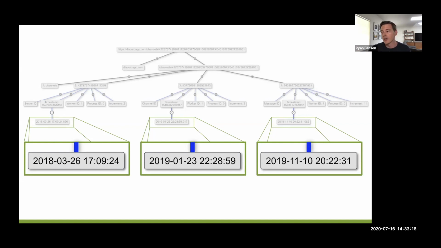So like our last URL, the Google search, we pulled 3 timestamps out of this. But unlike that one, these 3 timestamps are drastically different times, right? The first one's in 2018, the second one is January 2019, and the third one is November 2019. So these are all Discord snowflakes, and they're all parsed the same way. And so we pulled out these 3 different timestamps. But again, doing some research and figuring out from context what these things mean,